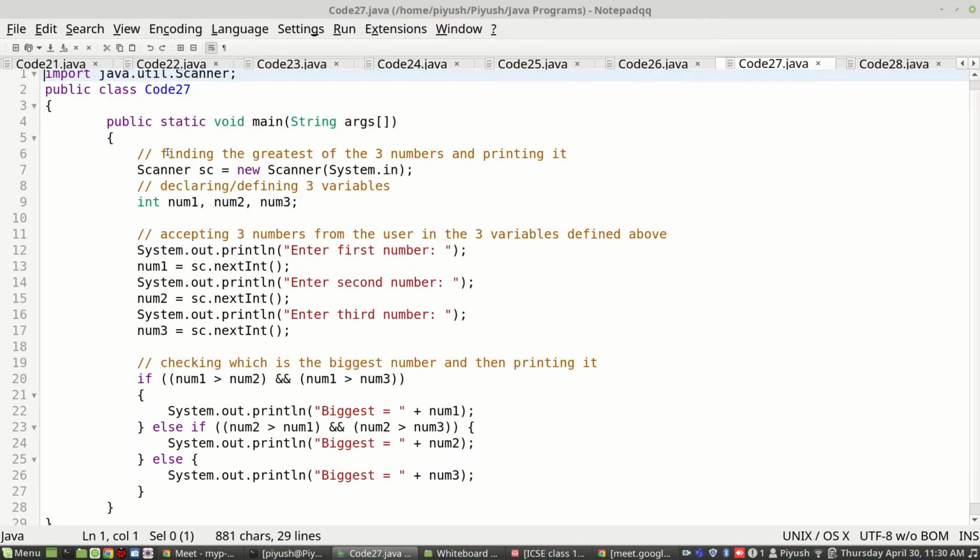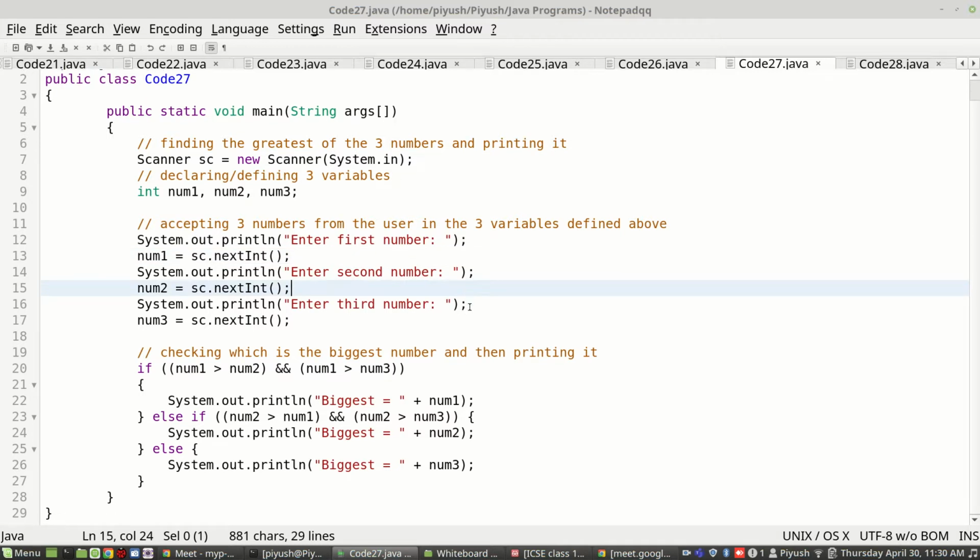Let's say we have one problem. We have to find the greatest among the three numbers. Let's say the user enters three numbers. You ask three numbers from the user and you print which one was the greatest. Okay, is the question clear?